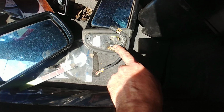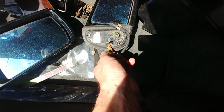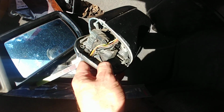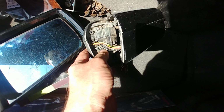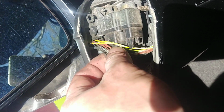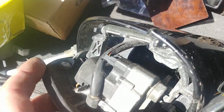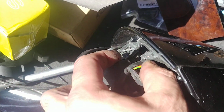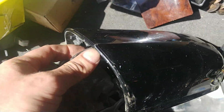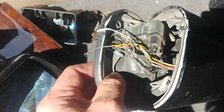Well, I don't know if they show, but there were many problems with wires on here. Something like this, you see. That is the common thing on these 90s Mercedes, all right? That's not me, it's just the way they are. So these are the wires inside these mirrors. Another one I can't see. Actually, this one seems to be in much better shape. Yeah, these seem to be good on this side, but nonetheless, the passenger mirror is the one that was completely